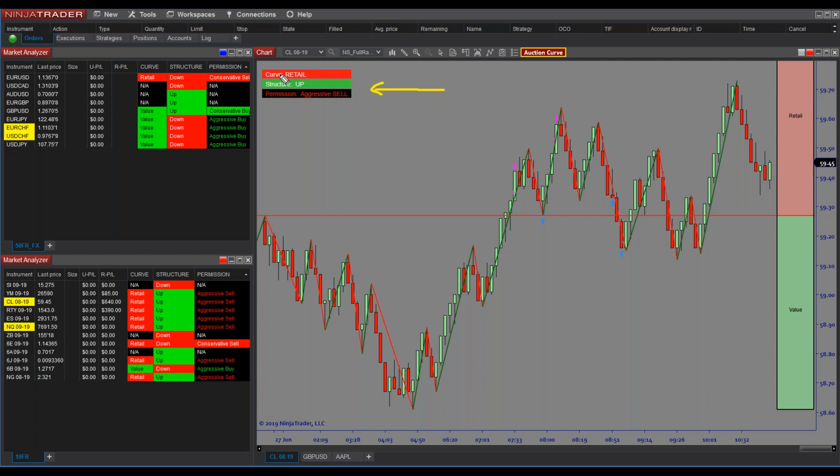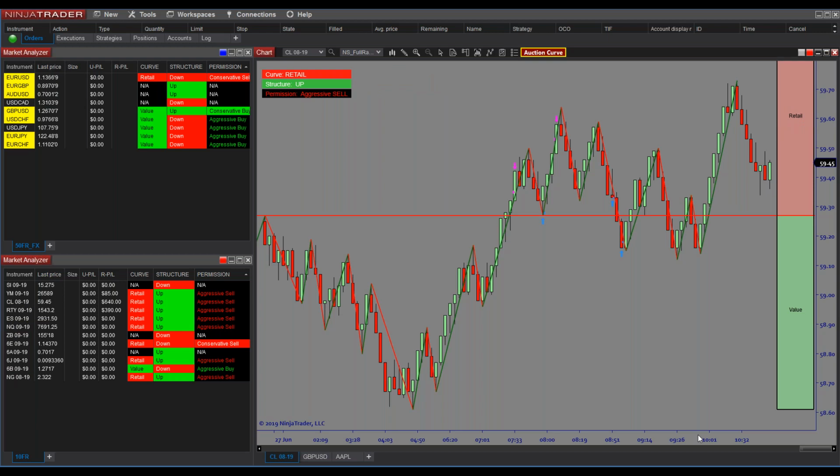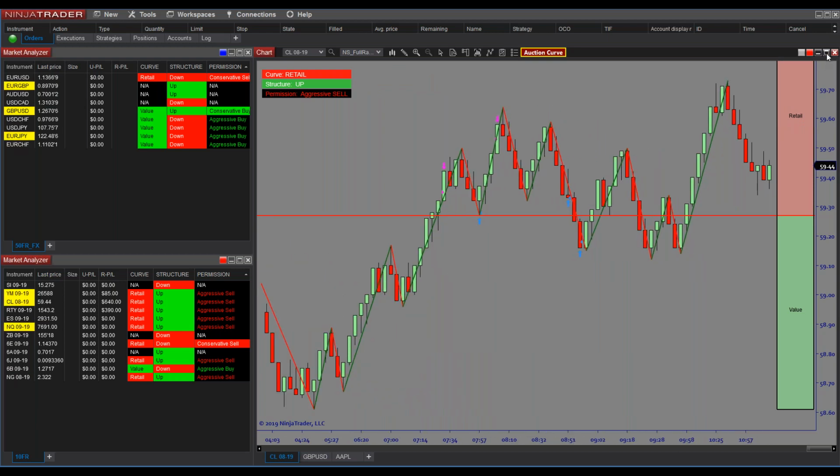If the market is expensive right now, we're trading in retail price locations, and the market structure is going up, that means we're in expensive territory, but buyers are controlling the market right now. There's no question about it. How do I know that? We took out structure highs right here, in expensive territories. That's it. Real simple. We can tell you right now that the buyers are controlling this market at expensive territories.